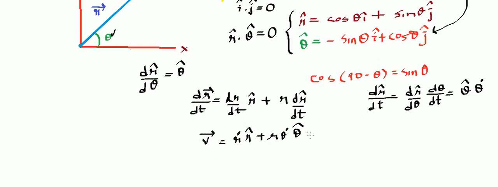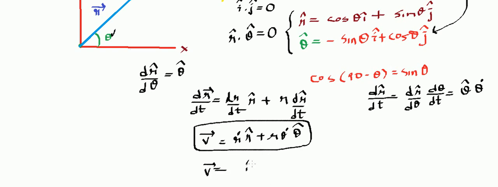Interesting, right? So we derived it in two different ways. I hope now everything is clear, that when velocity is written in polar coordinates, it means you have to write it in terms of basis states r cap and theta cap. And when you are asked to write velocity in Cartesian coordinates, then you have to write the velocity in terms of basis states i cap and j cap, which is very easy. Here we had x dot and here we had y dot. Understood? So we will discuss more